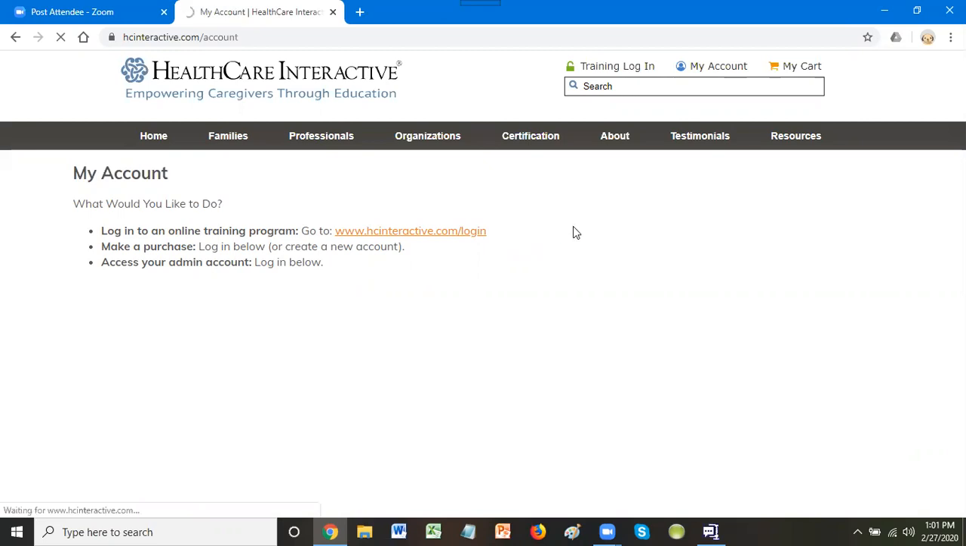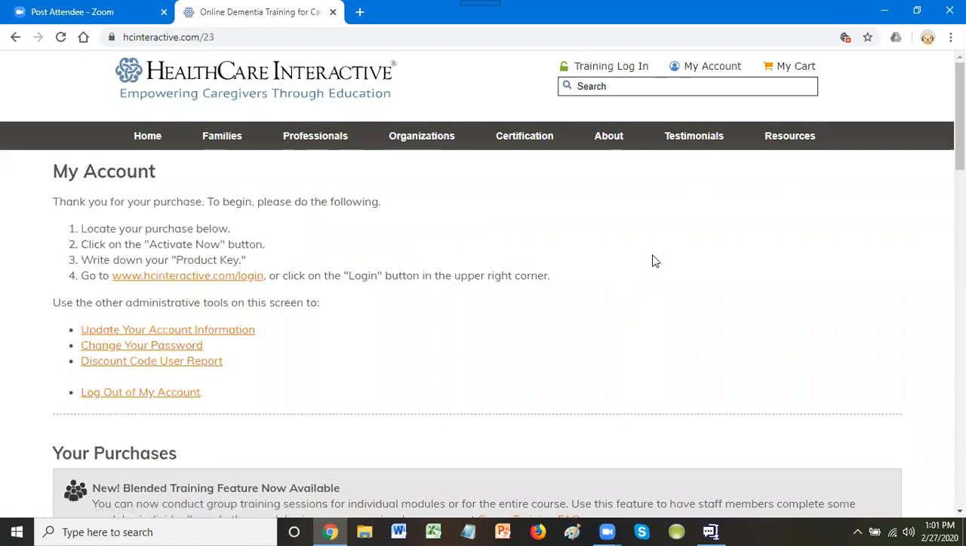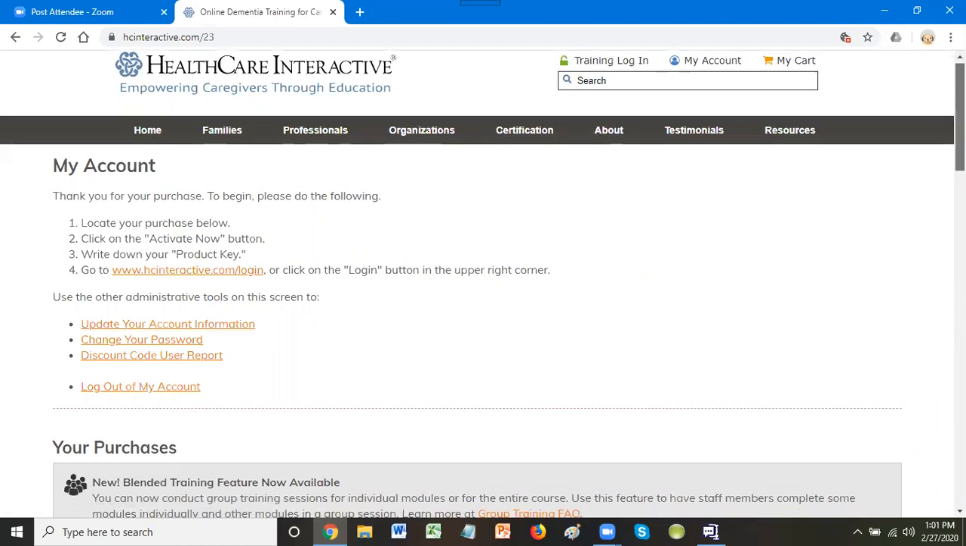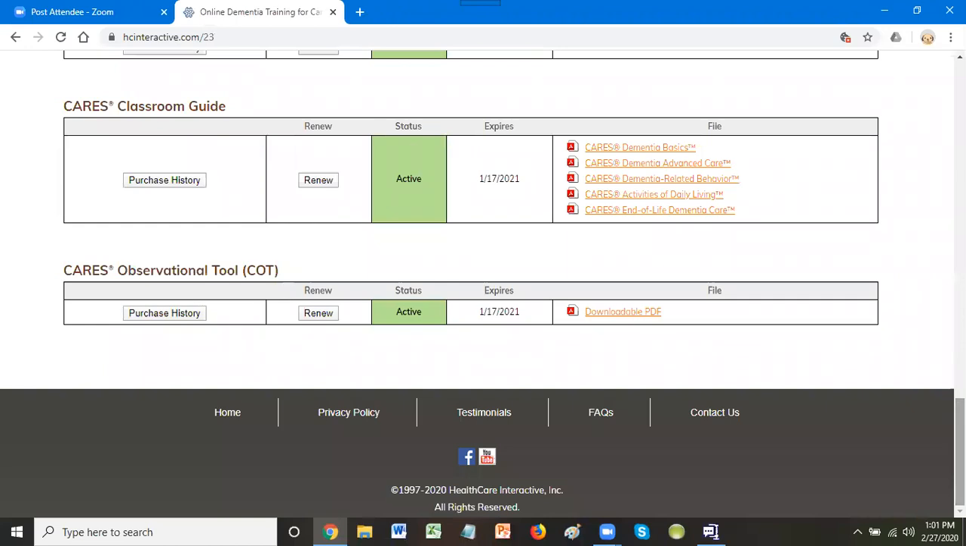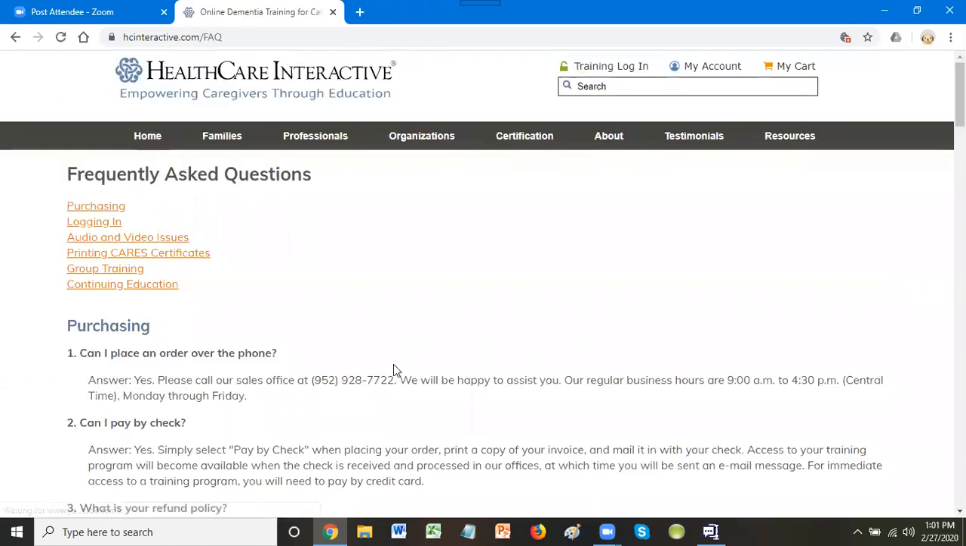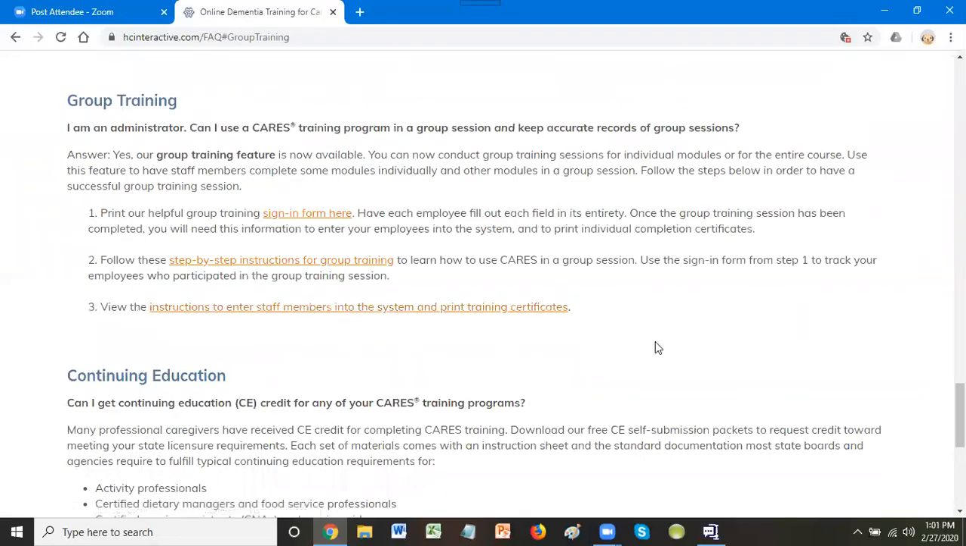So at the very bottom of the Healthcare Interactive website, I'll let this load. It's taking its time. There we go. Before we jump in, I want to direct you to the FAQ page, which is at the very bottom of the website. If you scroll down, you'll see the FAQ link down here. If you go ahead and click on that, there are some anchors at the top. You click on group training, that will bring you to the correct spot on the FAQ page, where